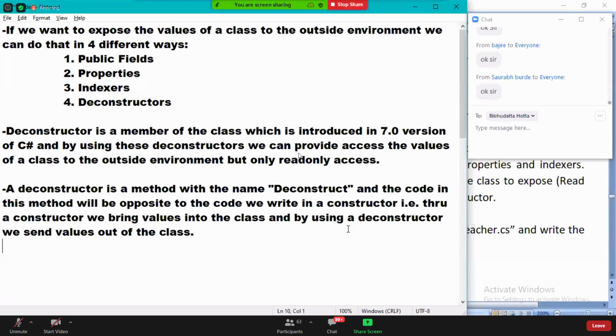See, using a constructor, we bring values into the class. Using a deconstructor, we'll be sending the values out of the class, guys.